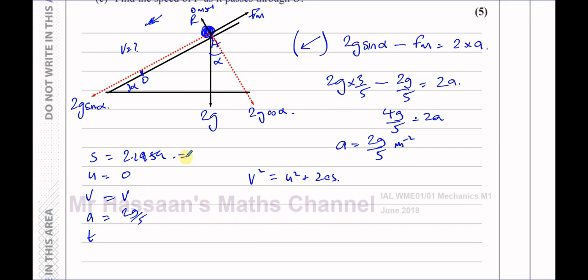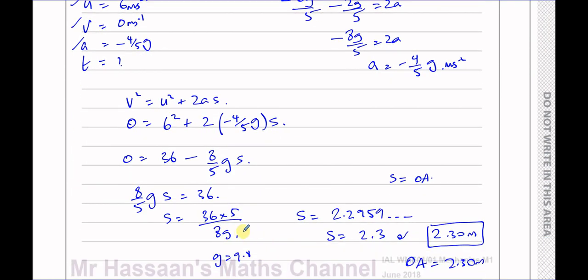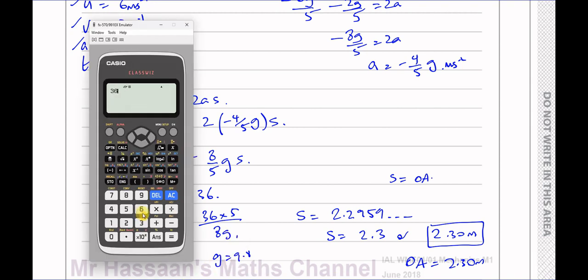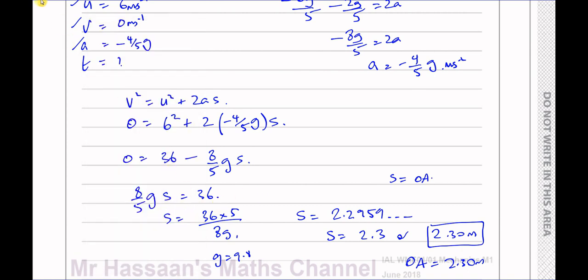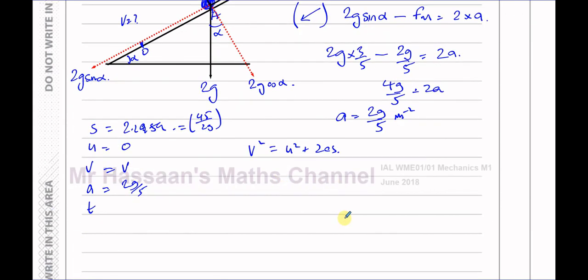So I'm going to take the value that included g before, which was 36 times 5 over 8g. That's 180 over 8. Let's see, 36 times 5 over 8. That gives us 45 over 2g. So I'll take s as 45 over 2g, just for the sake of keeping things more accurate. So we have v squared equals u squared, which is 0 squared, plus 2 times a, which is 2g over 5, times s, which is